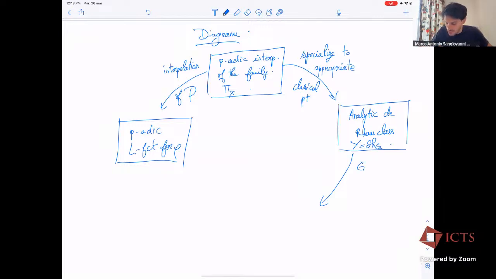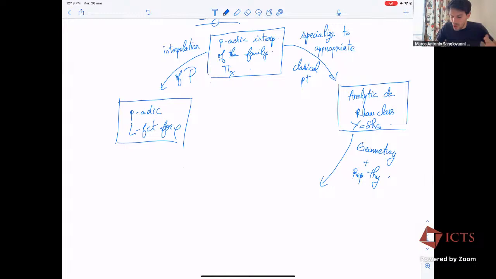And that, plus representation theory, should allow you to upgrade the analytic class that you get from this degenerate family